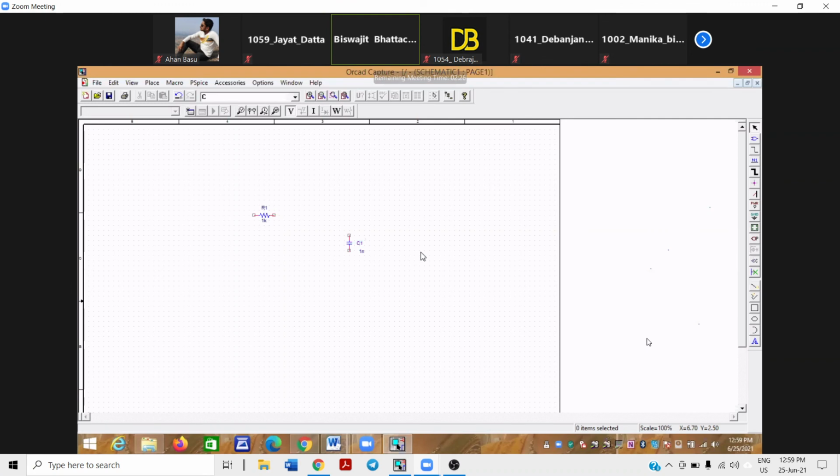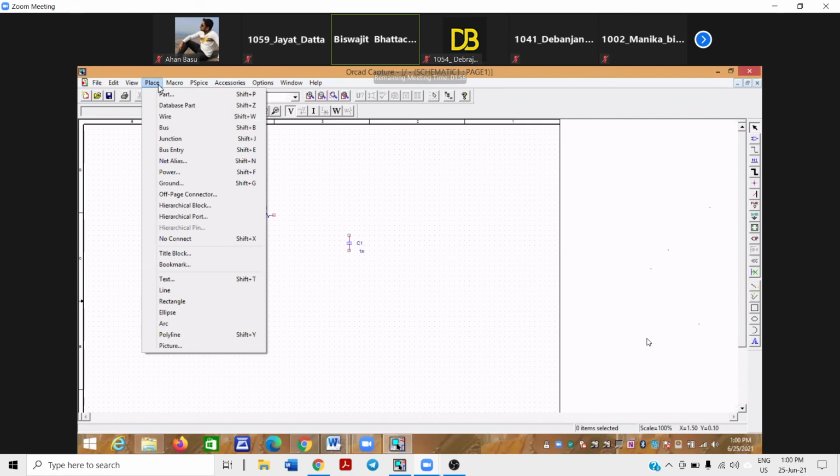Next, what can we do? So these are the 2 analog elements. Next, we want to bring our source. There are different types of sources possible. One type of source is the sine wave. Then we'll call our pulse or pulse train also later. But first, better, I want to call a pulse. So go to place, then part.